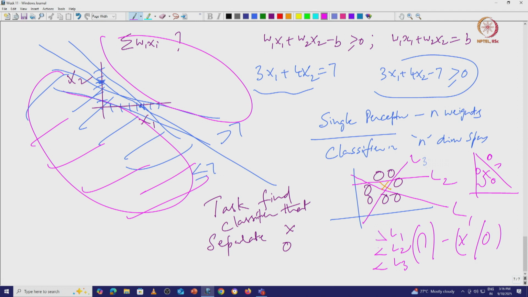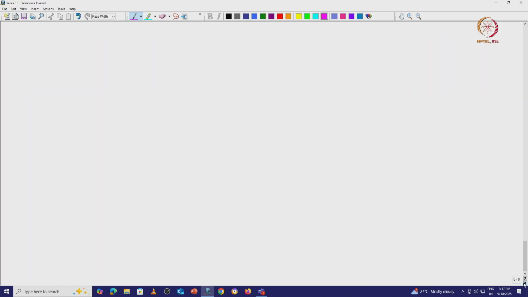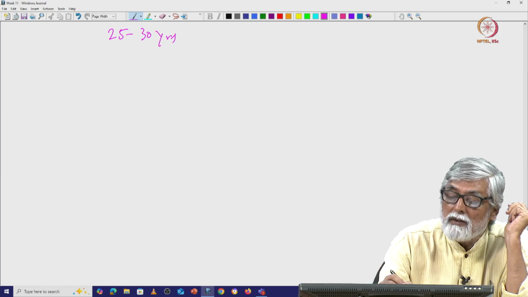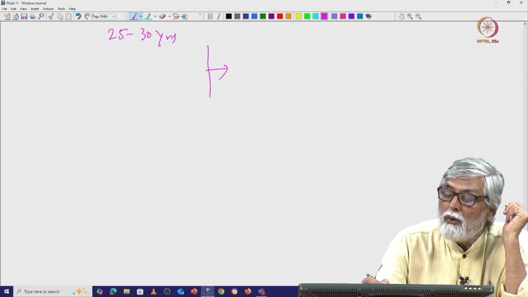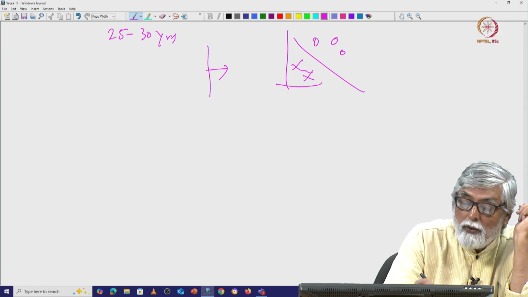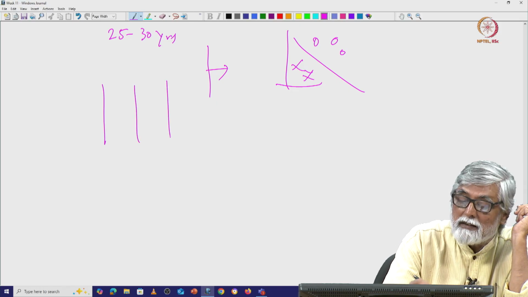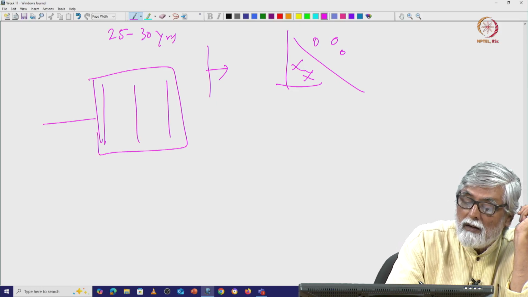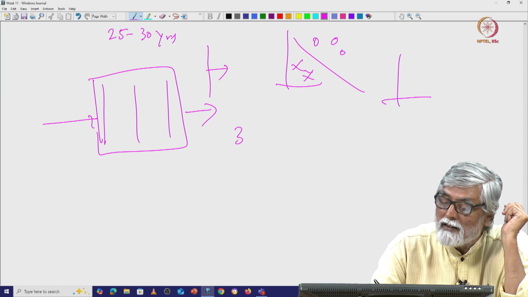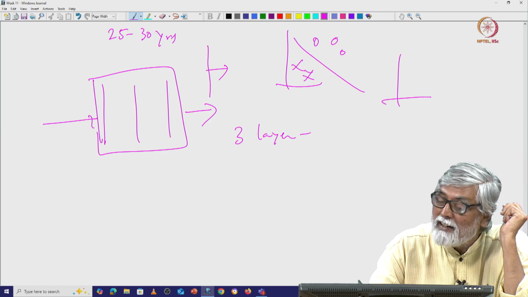Basically it solves a very important problem which persisted for about 25 to 30 years. People did not solve this. When they saw that a single layer perceptron could only do linear separation of data. Suppose you have data like this, it can separate. If only they had put 3 layers of perceptron, you could do an arbitrary separation. This 3 layer was critical,